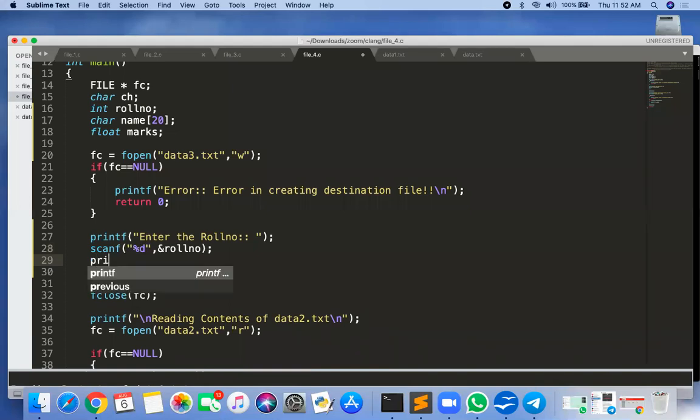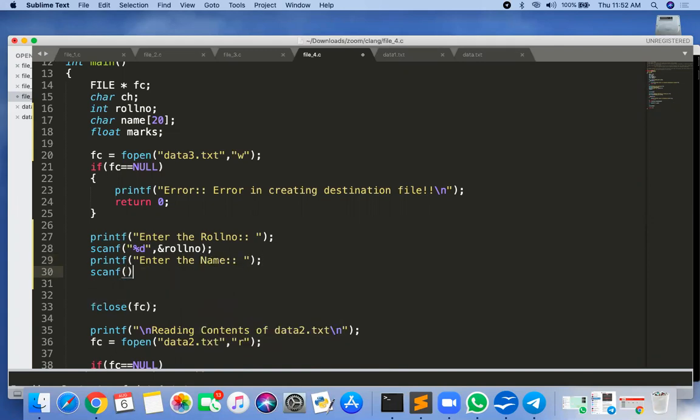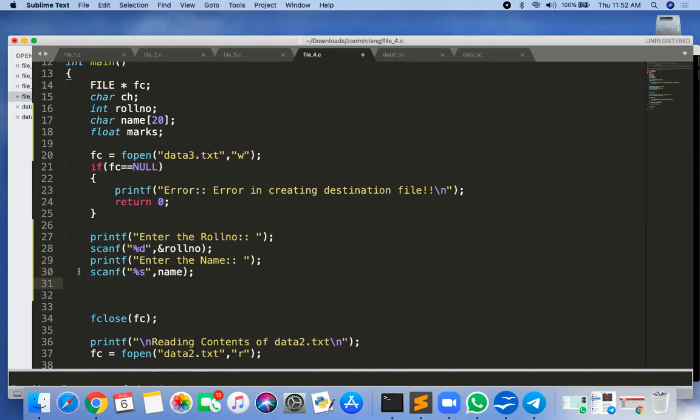Then printf, enter the name, and then scanf %s, name, or instead of this you can use gets also, or just leave it as scanf.